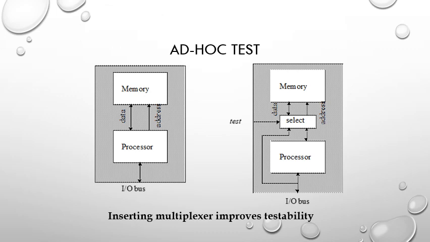After that, the block diagram of ad hoc test. Normally we have the memory, processor and input-output, with data and address buses. It is a normal method. After that, we build the ad hoc testing method. Here is the memory element, then the processor. In between the memory and processor, we have the ad hoc test block. Here select acts as the ad hoc test portion. This is built into the memory and processor.